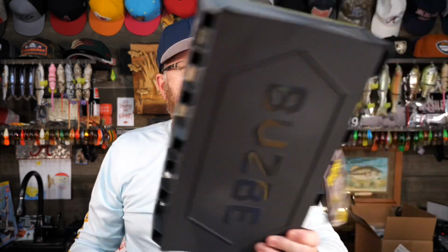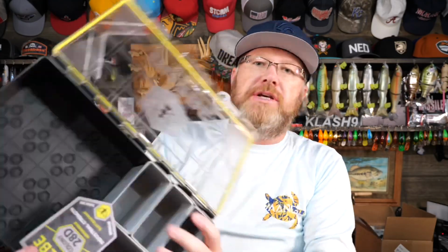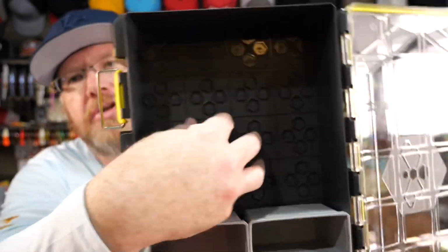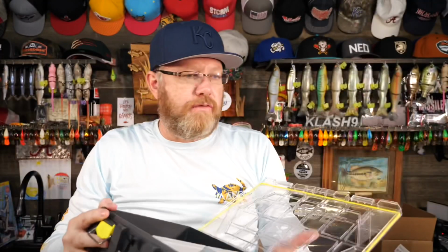So then I thought, what other waterproof boxes do I have out here? Well, I got these Busbies, and the Busbies seem flexible because you can take all the boxes out, but the problem is they've got this kind of Lego insert, and you can't get the Velcro to stick on those, unfortunately. So the Flex Edge box doesn't work, the Busby doesn't work,